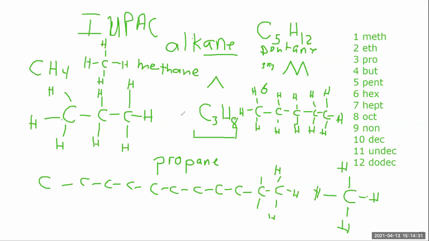So when there's only single bonds, we use that word ANE, right? That lets us know that we're working with hydrocarbons that only have single bonds. And so that lets me know how many carbons I'm going to have. From there, you could draw it all out, or you can do it as long as you know that it's a linear structure, meaning that there are no branches going off of it. We'll talk about how you handle the branches.